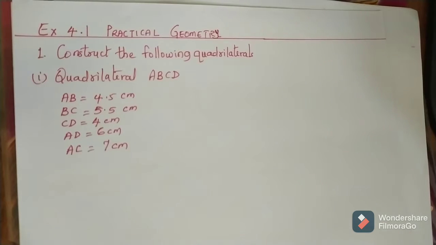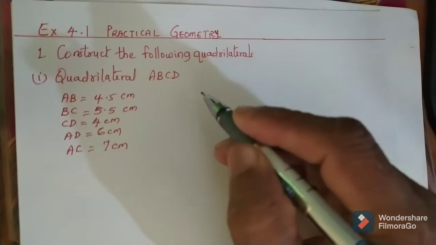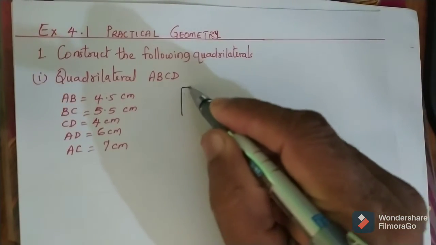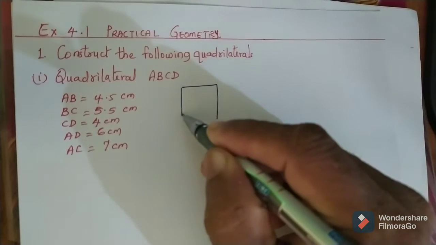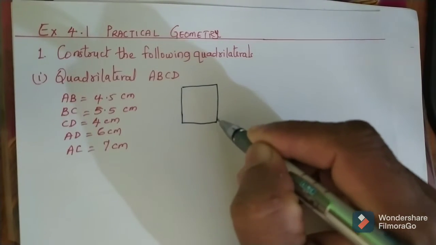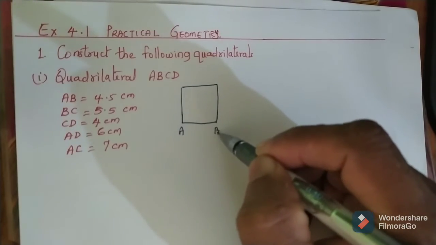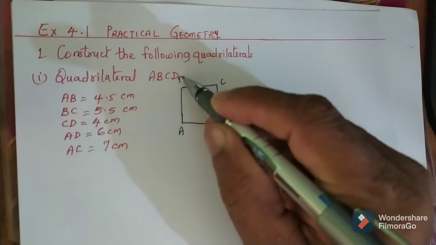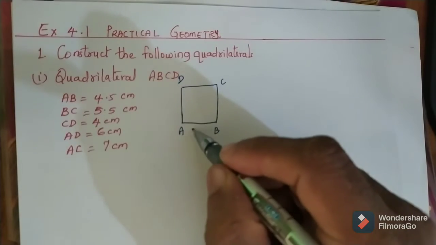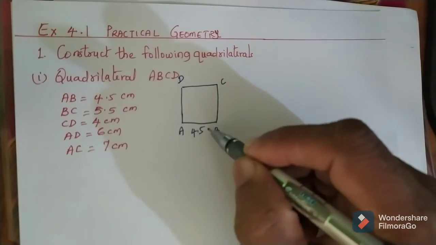Let us do practical geometry exercise 4.1. Construct the following quadrilateral. Quadrilateral ABCD. Let us draw a rough diagram like this, and according to that we will be able to draw the quadrilateral ABCD. AB is 4.5 centimeters,